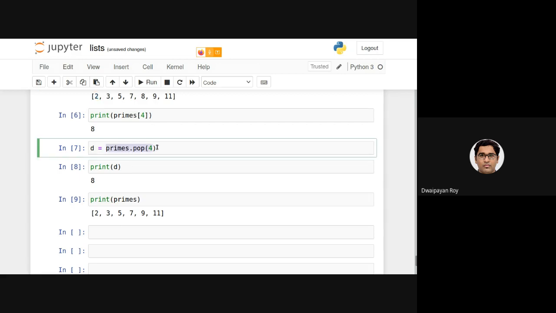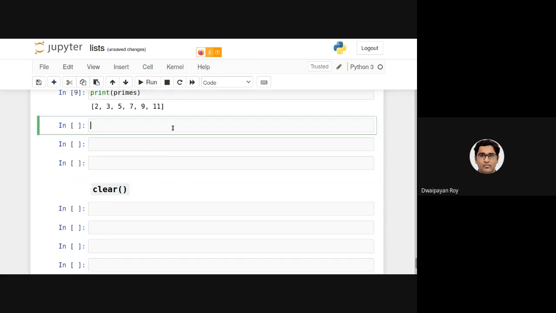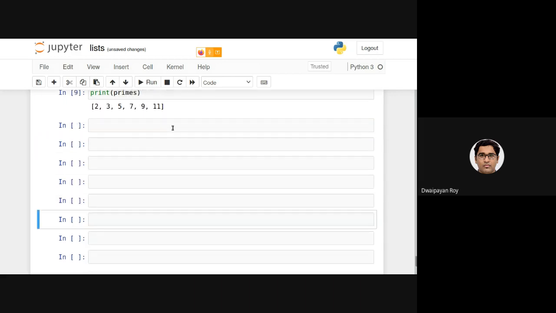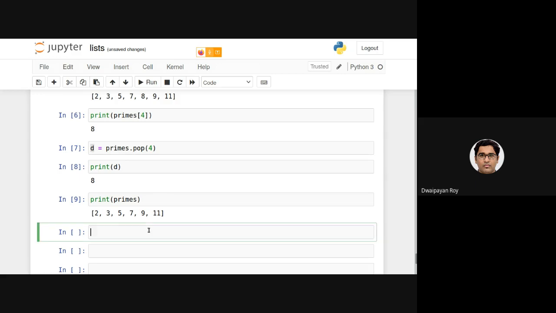Now after calling this, it is now 2, 3, 5, 7, 9, 11. And this pop function has returned the corresponding item. Now let's look at another kind of exceptional situation. Let's say